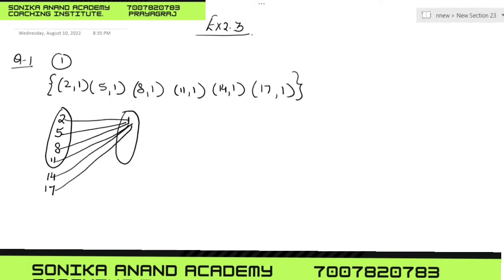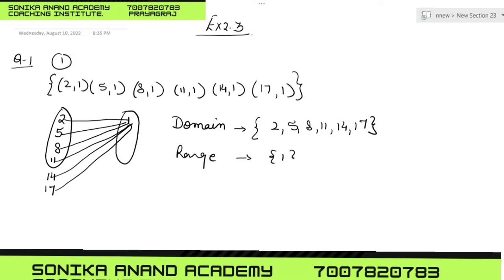Clear? So now in this case, what is the domain? Can you tell me? 2, 5, 8, 11, 14, 17. Okay, now the concepts are clear to you. And what is the range? 1. Now here we see that for every domain,